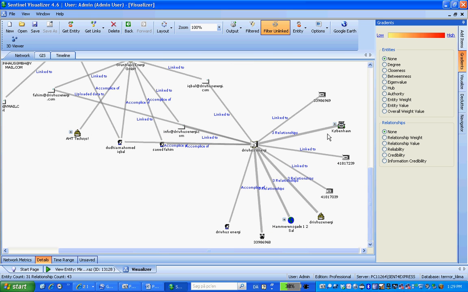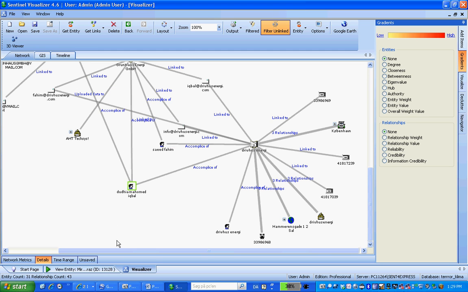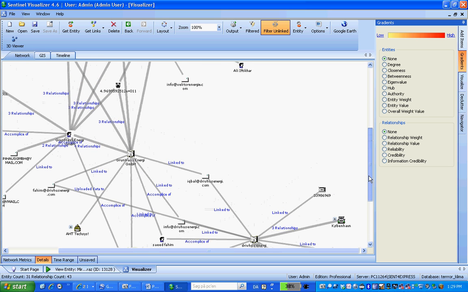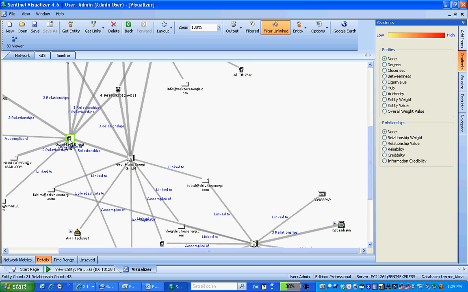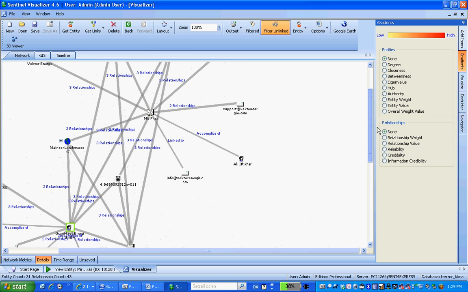There are the Danish telephone numbers, fax number, and we have the address. It was opened by one Dudia Mohammed Iqbal. He's been arrested in Dubai. He's also connected to this Greenhouse Energy account.